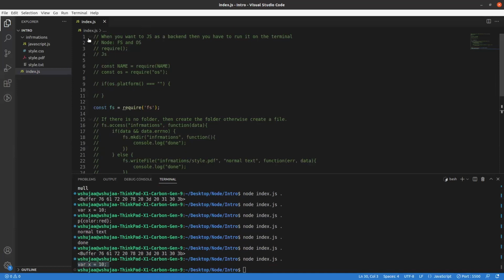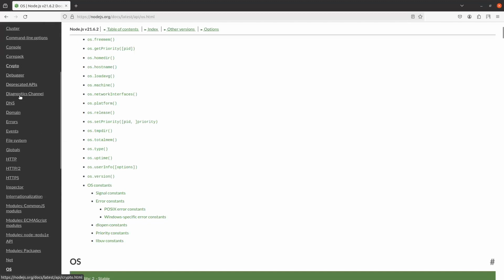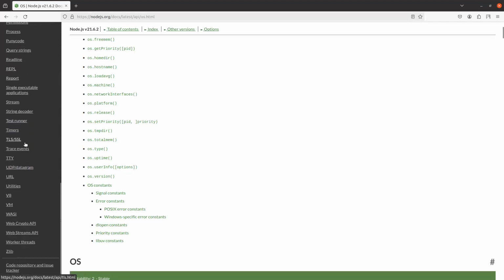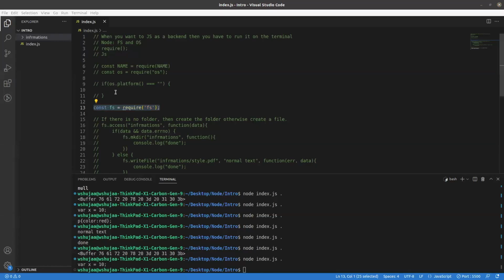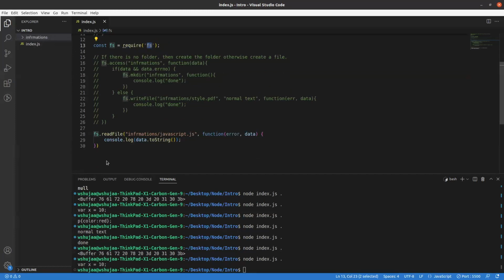So let's recap quickly. To use JavaScript in the backend, you have to use the terminal. You don't need any HTML file. You can require a few built-in packages inside Node.js, like file system, operating system, crypto, events, HTTP. We cannot go through all of them, but if you want, you can watch videos, or if you have any questions about them, you can of course ask us later. The operating system will give you information about your platform, which we already did before, and the file system will give you access to control your files by creating folders, removing files, renaming